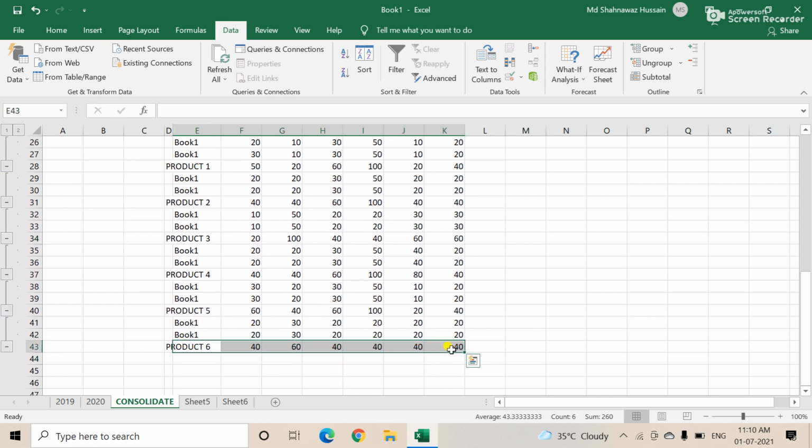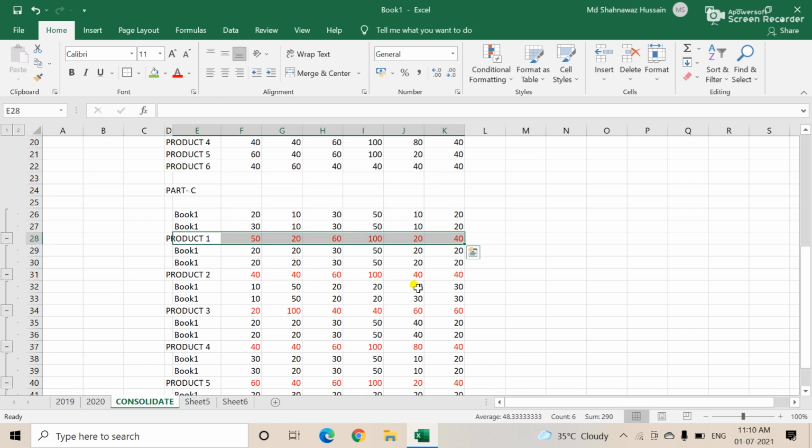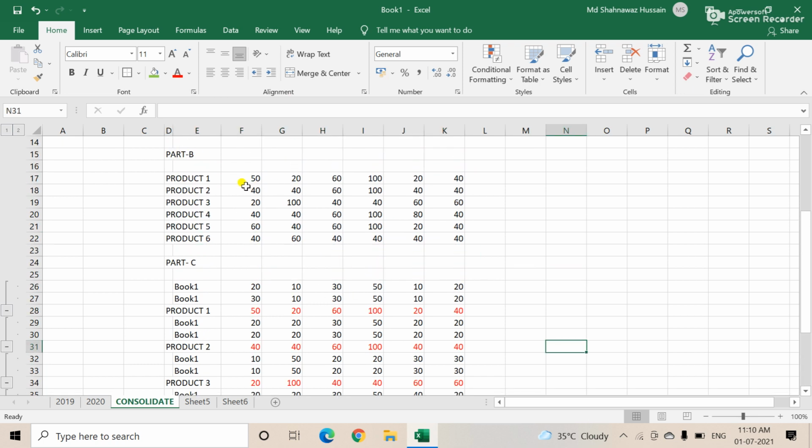See, I am changing the colors, then it is easily visible. This means how the data comes automatically. Consolidated data is very useful, because you see here a direct 50 is coming, but how is the 50 coming?